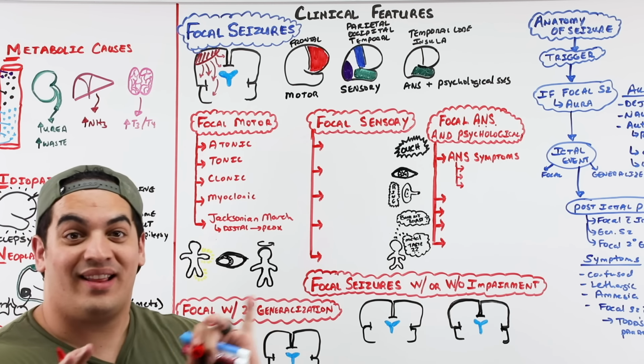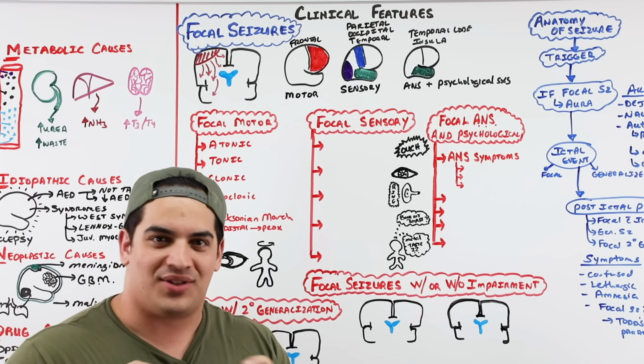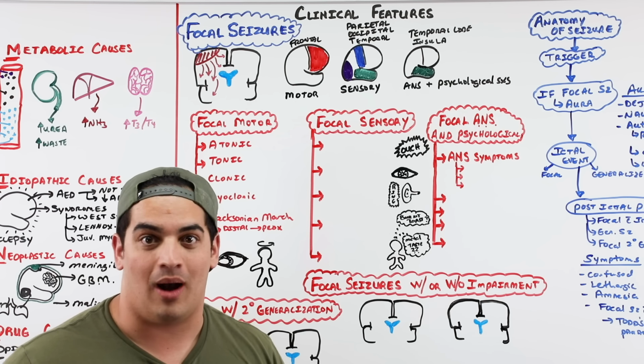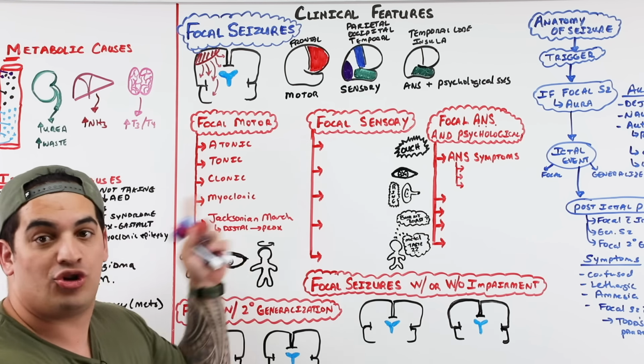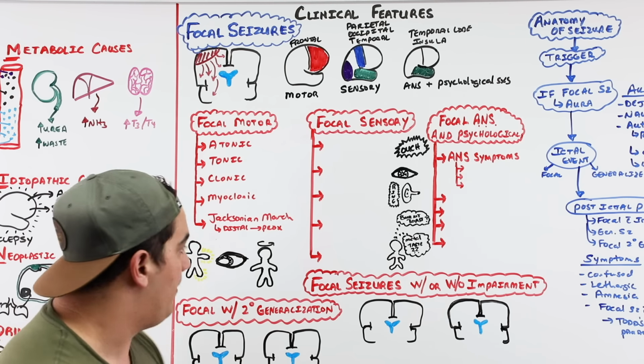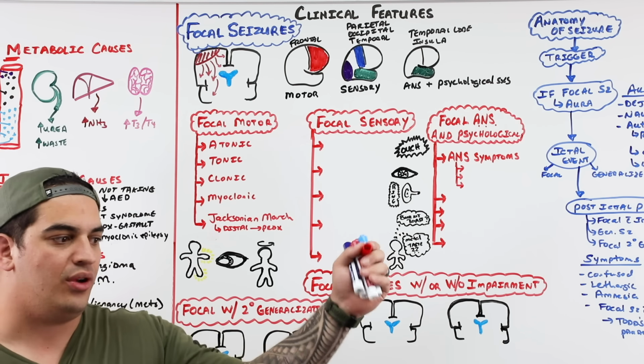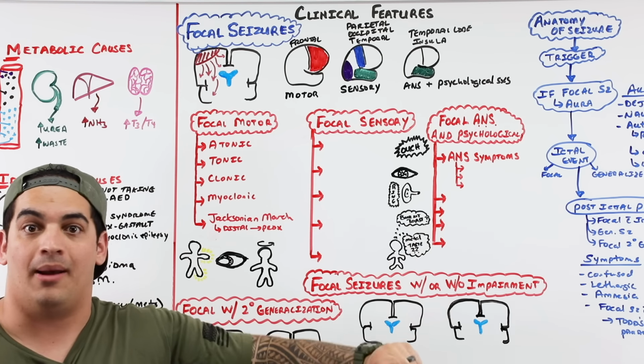Now, one quick thing here is that if people present with these kind of focal motor seizures, there's a couple classic ways that they can show up. We talked about the different types of contractions that they'll exhibit, but how it will visibly look is an important thing. Some of the ways that it may present is, like we already showed you, a unilateral shaking of a limb.